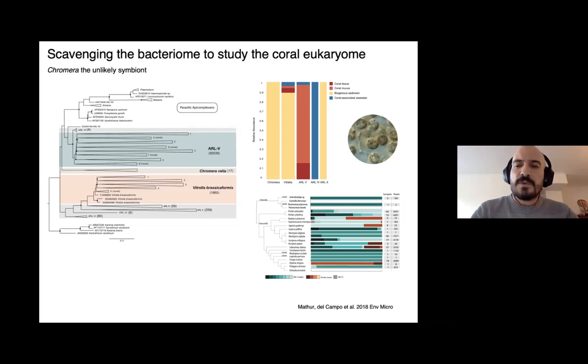We use a similar approach, scavenging data from microbiome studies to study another algal symbiont, or in this case, it was thought to be a symbiont, but we showed that it was not a symbiont. That was Chromera velia. Chromera velia is one of the latest groups of algae described. It was described in 2008, and it was a completely new group of algae that was at the base of apicomplexans. So this algal group was the ancestor of the group where the malaria parasite belongs to, and most of the apicomplexans are indeed parasites. It was isolated from a coral, and for many years it was considered to be a coral symbiont.